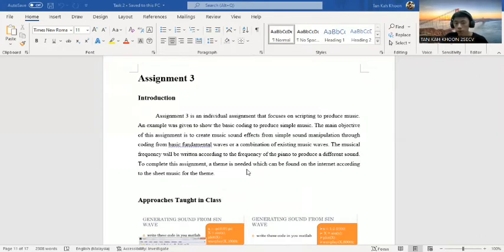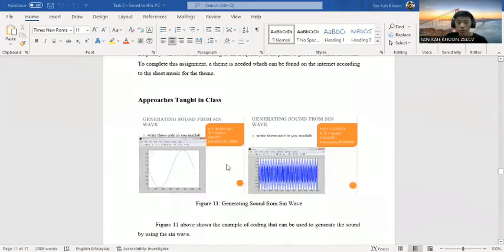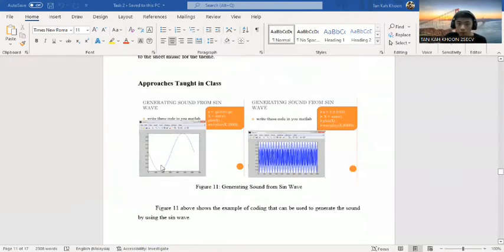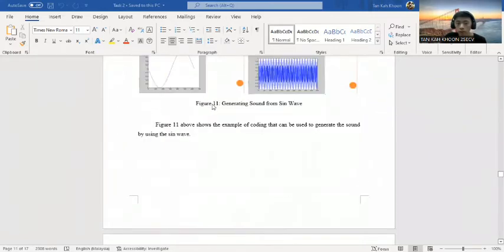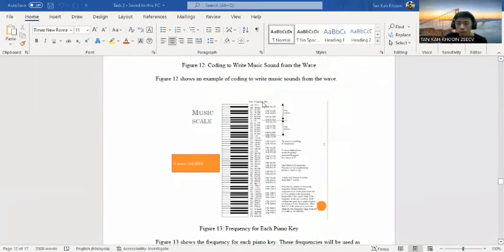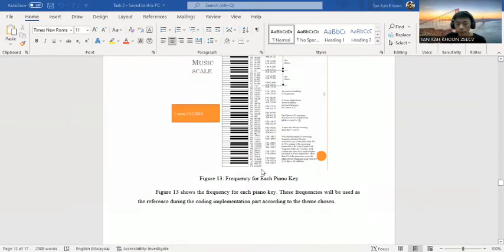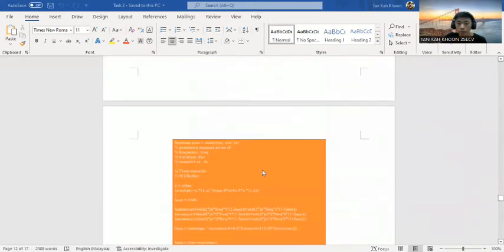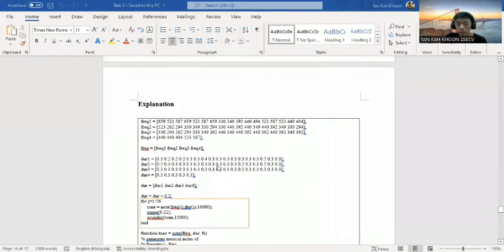To complete this assignment, a theme is needed, which can be found on the web. So the theme I chose is the Canon, which is a pure music. This will be the approach taught in the classes, and this will be the frequency of the piano keys that I will use to display each sound of the theme that I chose. All right. So next,